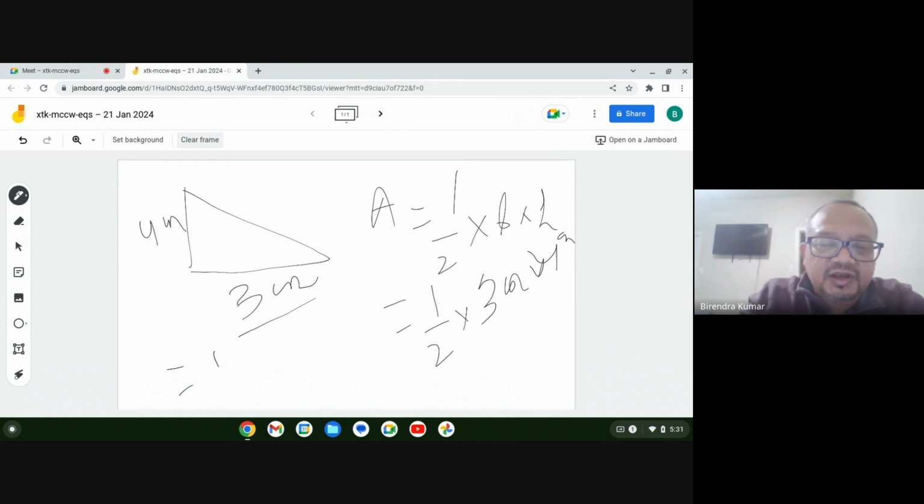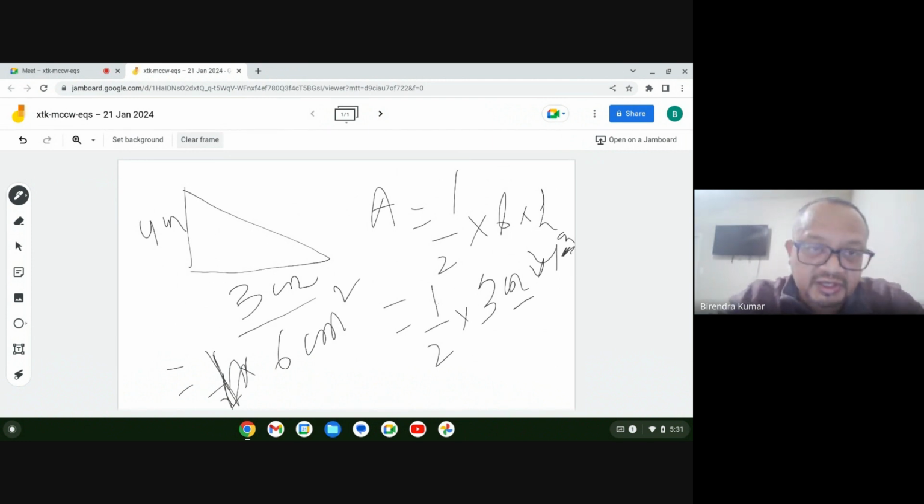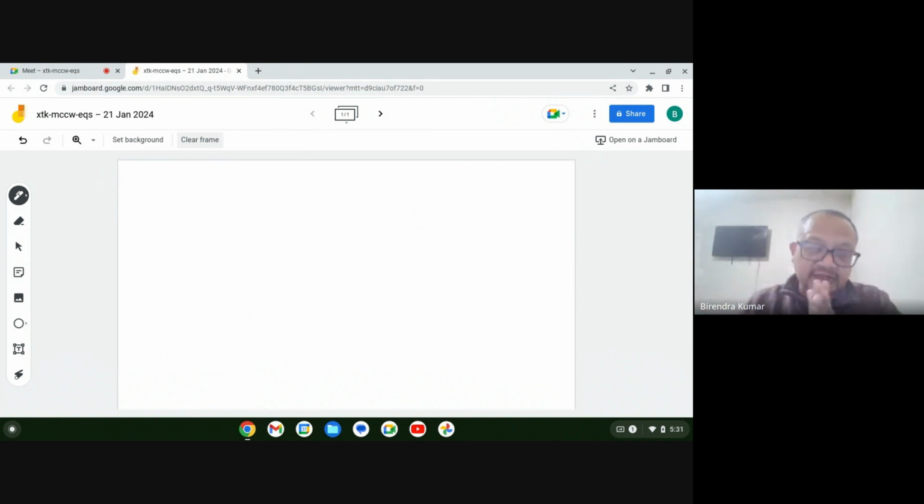So this is half into 3 into 4. 3 into 4 is 12, divided by 2 is 6. So this is 6 centimeter square, because you have centimeter here and you have centimeter here. So any area that you see, if you don't see that in the form of a square, that means